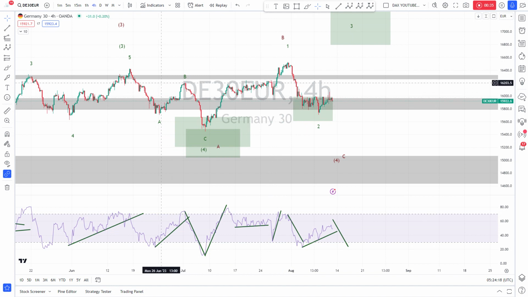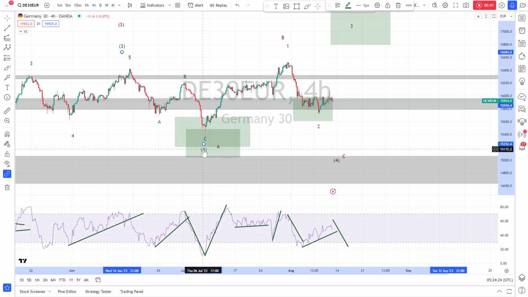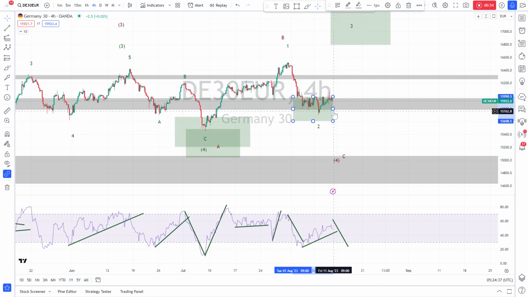So the first scenario, the bullish one in green, would mean that the wave 4 low is in here, that we have a wave 1 to the upside, that our wave 2 low is in here, or maybe we make one more low. Let's see. And from here we should move up, like we are in the area from where a wave 2 should end.